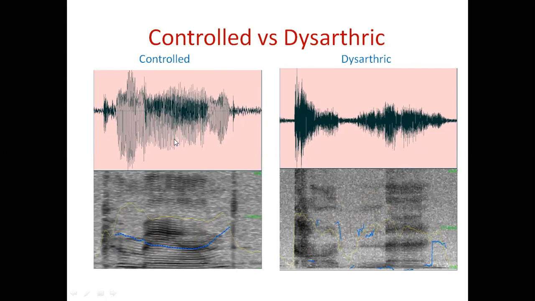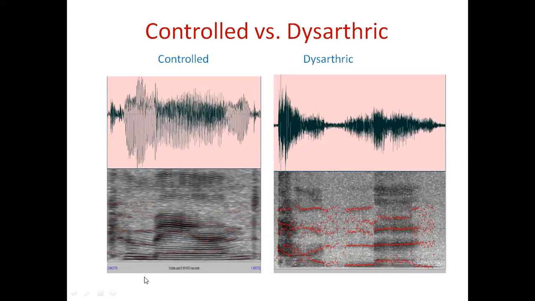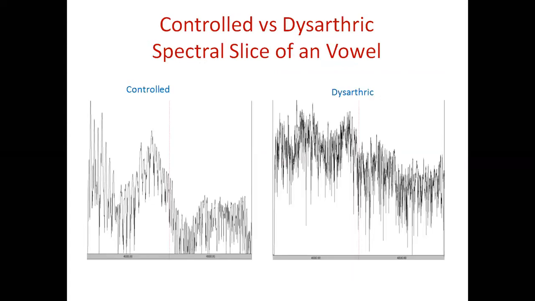Now, just look at this next slide. Here you can see these red dots which represent the formants. So this is the first formant, this is the second formant, third formant, fourth formant. The formant structure is not very clear in the case of dysarthric speech. So these are some features that we can give to a machine learning algorithm, so that the machine will be able to classify the given utterance as belonging to a control speaker or to a dysarthric speaker. And you can also observe the spectrum.